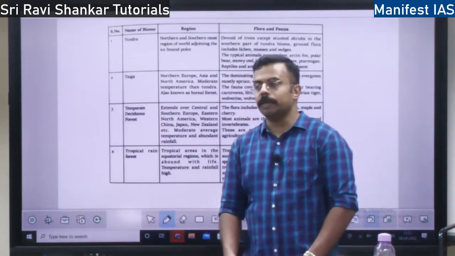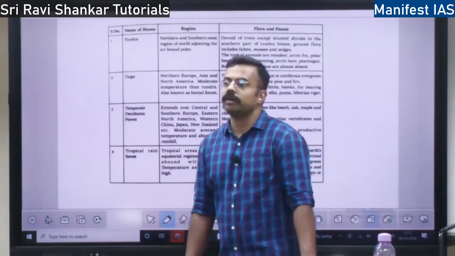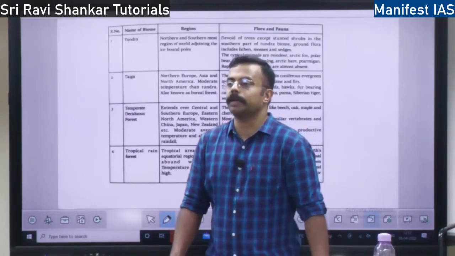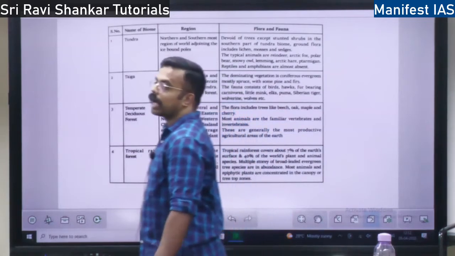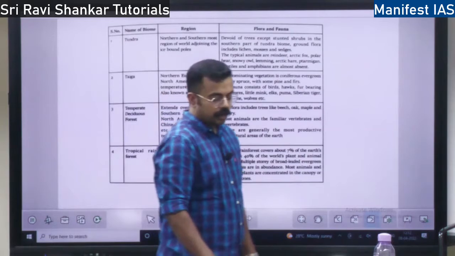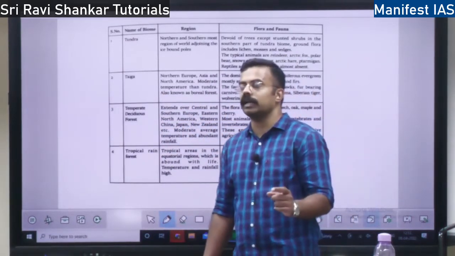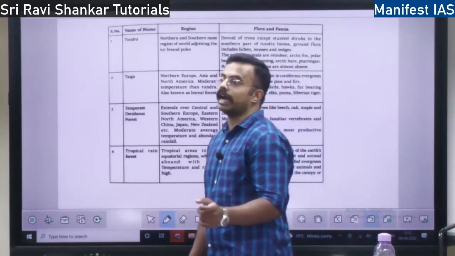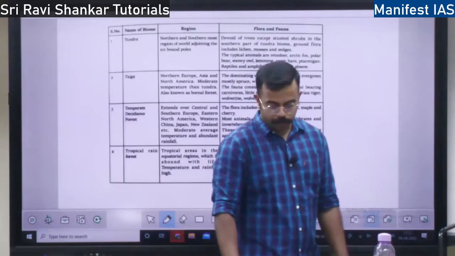With respect to primary producers, on the land we have plants as the primary producers, autotrophs. In the aquatic ecosystem, which are the producers? Algae are the primary producers in the aquatic ecosystem. Plants conduct photosynthesis on the land. Algae conduct it under water, right? They are the primary producers.